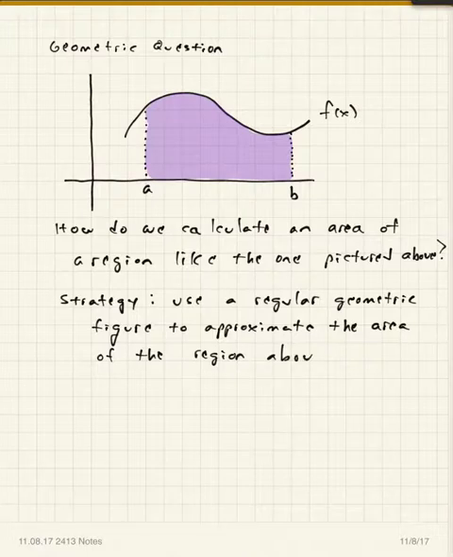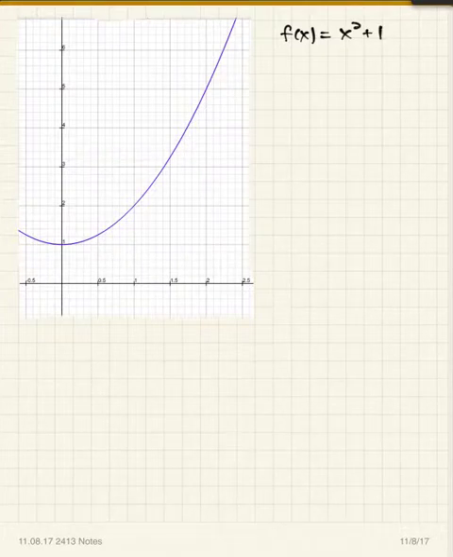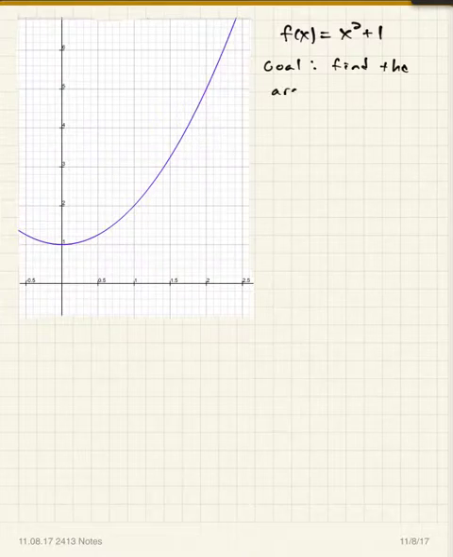All right, so now to start talking about this strategy, we're going to start with a nice function that we actually know. I've got a picture of it right here. This is the function f of x equals x squared plus 1. And our goal here is to find, actually, not approximate, the area